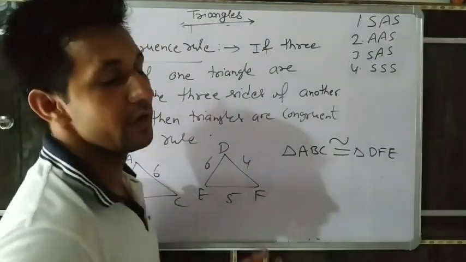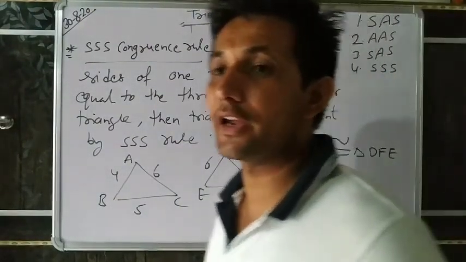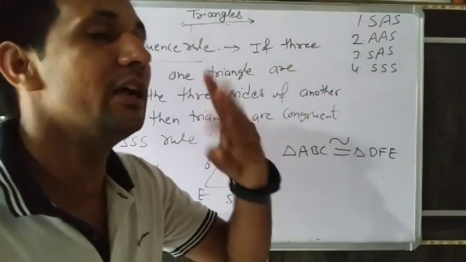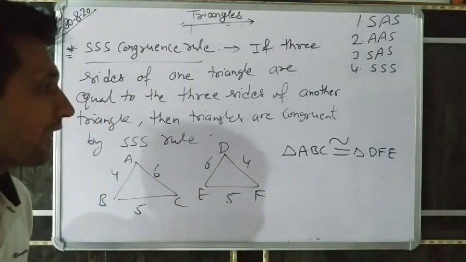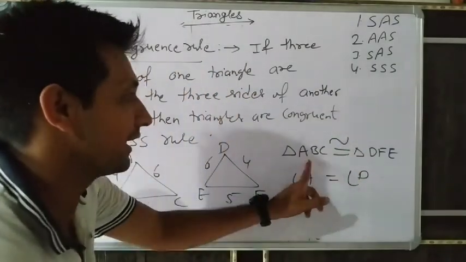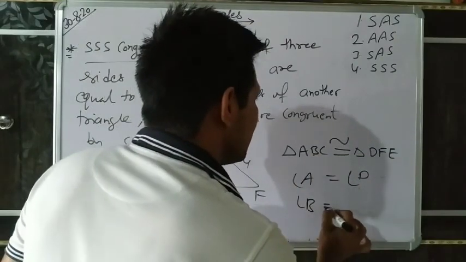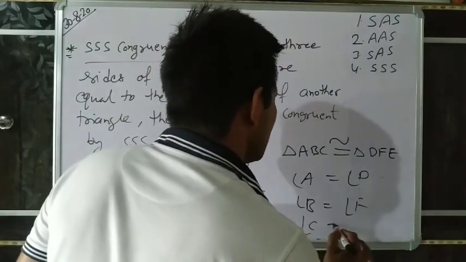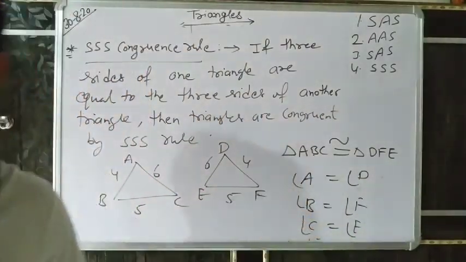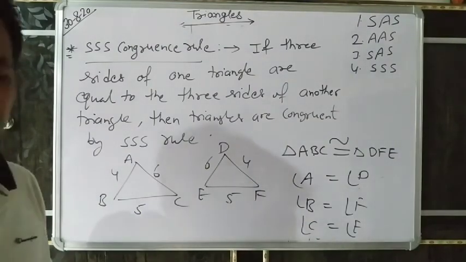And we know if two triangles are congruent, then all corresponding parts are equal. How many corresponding parts? Six corresponding parts in triangles: three are angles, three are sides. Sides are already given. Now angle A equals angle D, they are corresponding. Angle B equals angle F, and angle C equals angle E. All three sides are already equal, and these three angles are also equal, because we already proved that the triangles are congruent. Understand?